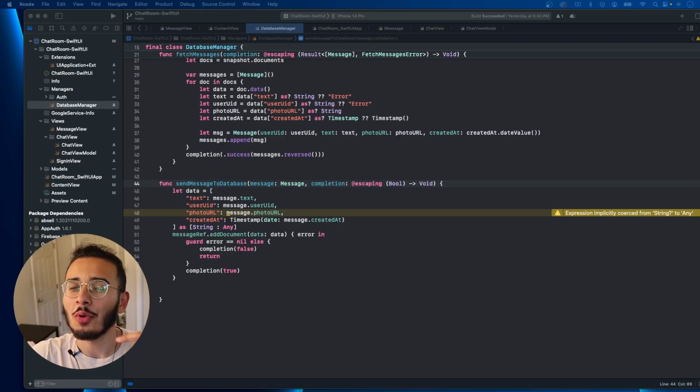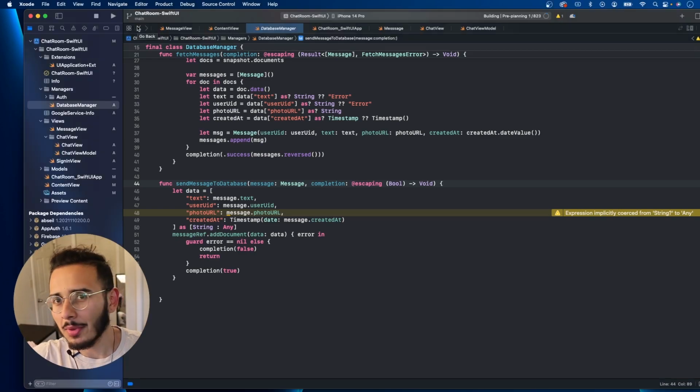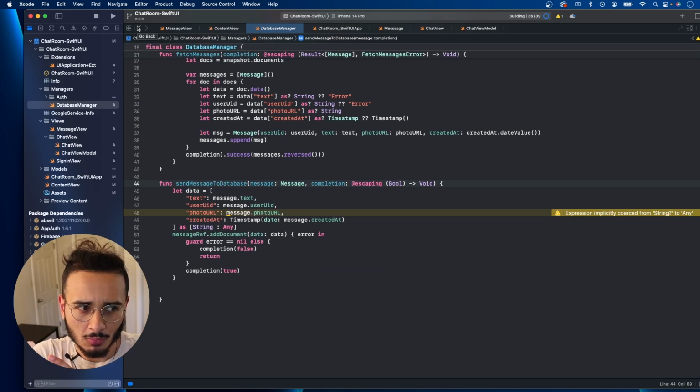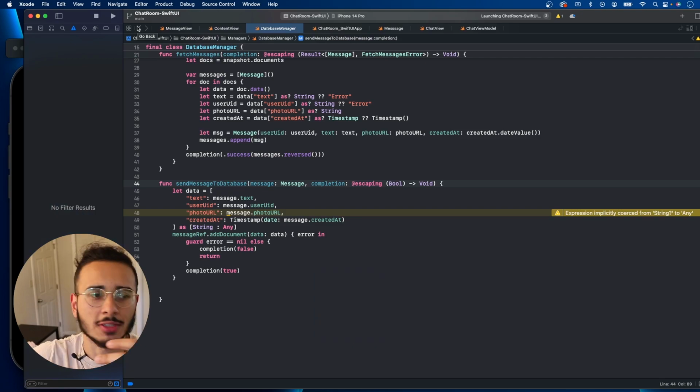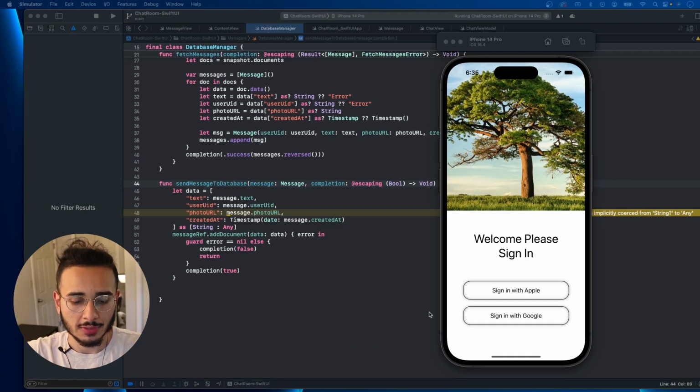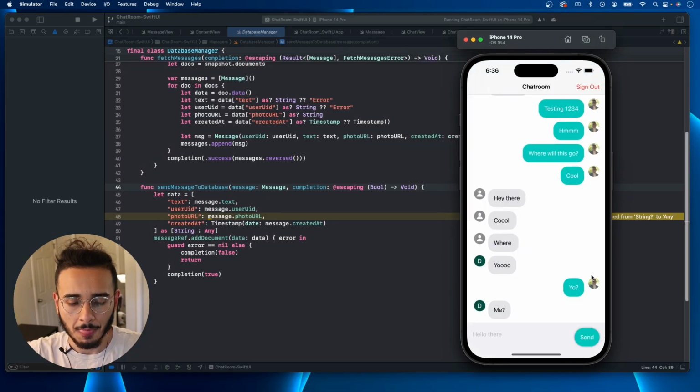All right, so we were almost done, but then I realized we're not listening to changes in our database. Like if somebody else sends a message in our chat room and we have our app open, we're not gonna know because we aren't listening to changes. All right, so here's an example. Let's sign in. We sign into this account, and